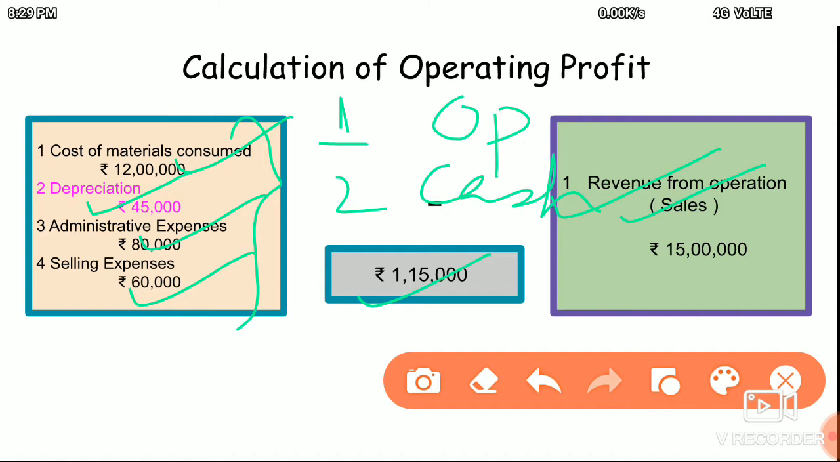And if you look at the expenses side, the cost of materials consumed is an operating item and it is a cash item. On the other hand, depreciation is an operating item, but it is a non-cash item because we do not pay any cash for depreciation. Then administrative expense is an operating item and a cash item, and selling expense is a cash item and an operating item also. So in order to calculate the operating profit,